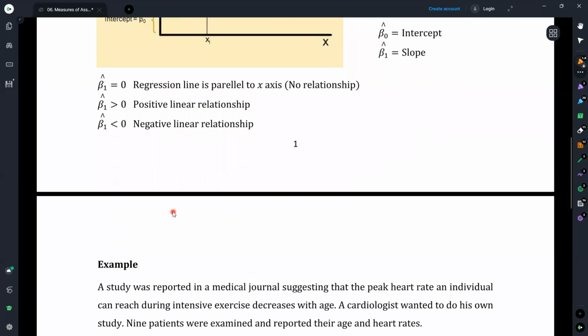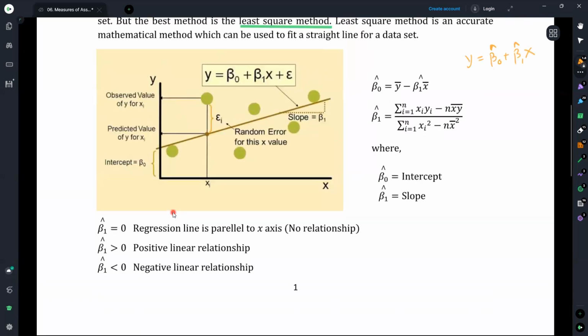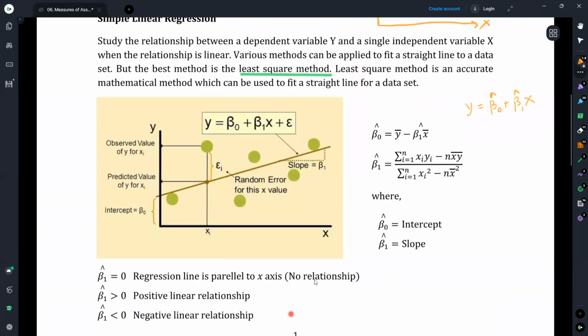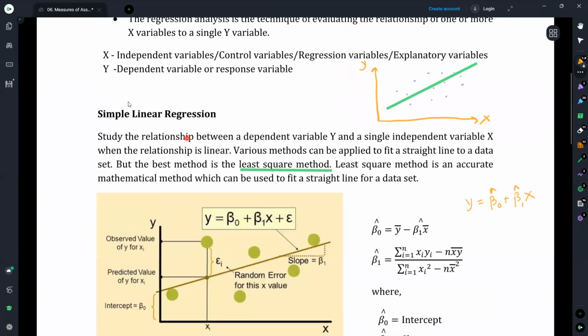Now we'll move to an example to elaborate on the regression analysis technique. But prior to discussing this example, I would like to mention this as well. When we are moving to simple linear regression, it is more appropriate to obtain the scatter plot and check whether a linear relationship exists or not. Otherwise, if the scatter plot does not show a linear relationship and you try to find a linear relationship, it will lead to calculations with much more errors.